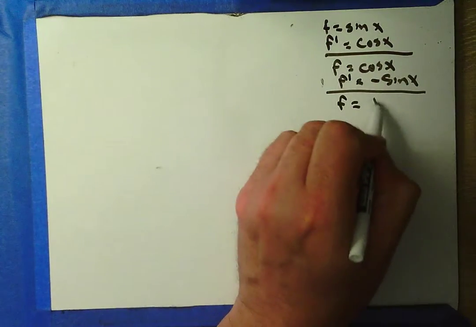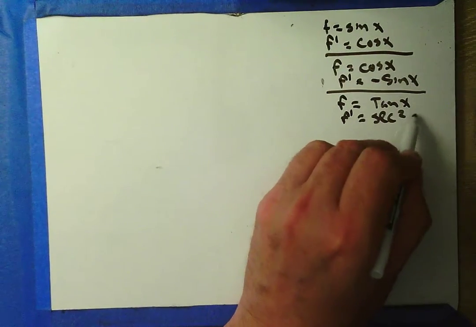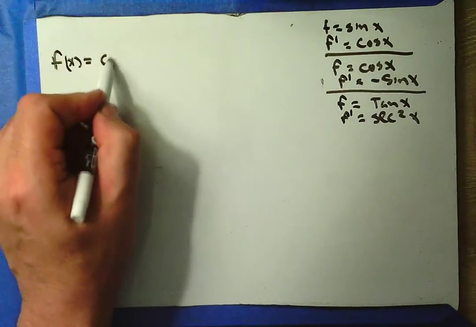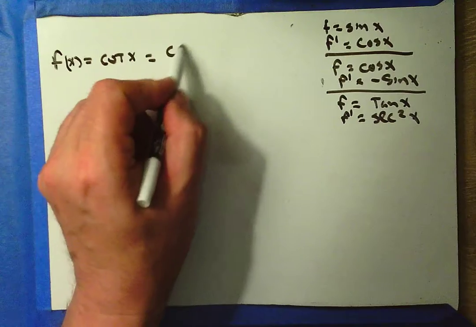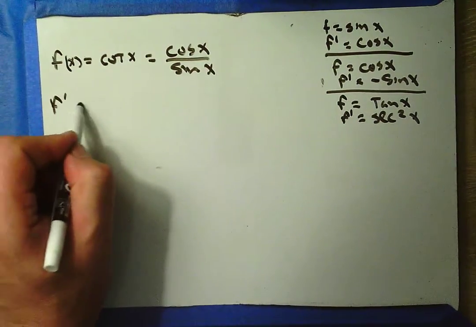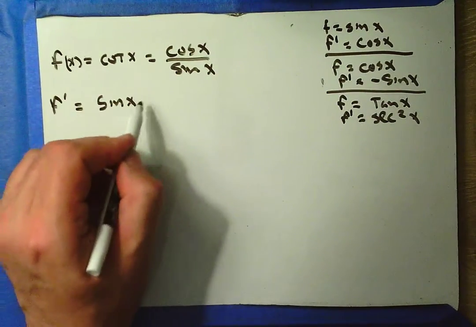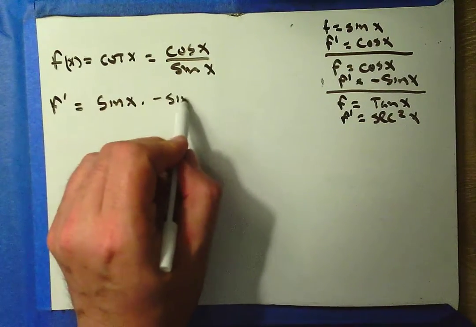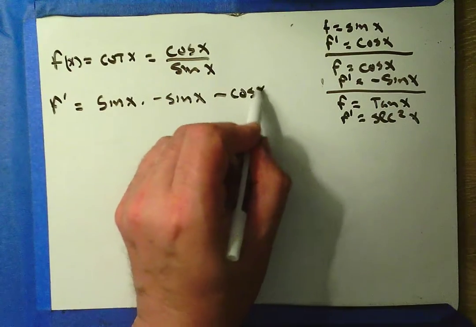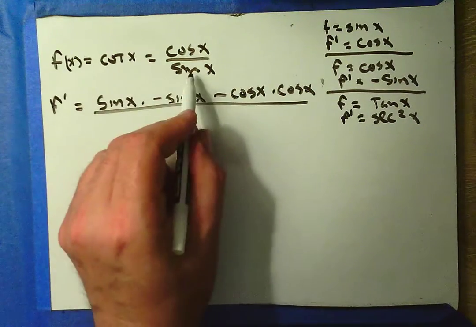F equals tan x, f prime equals secant squared x. So if f of x is cotangent x, we know that's cosine x over sine x, and to find the derivative we use, again, the quotient rule. Low d high minus high d low, all over low